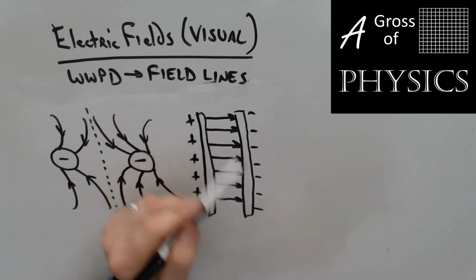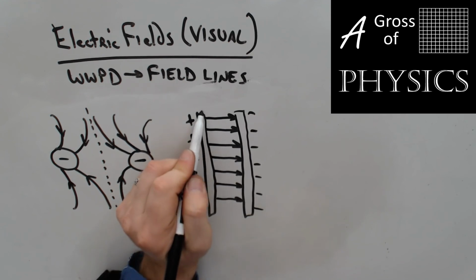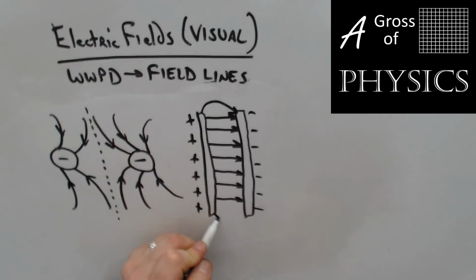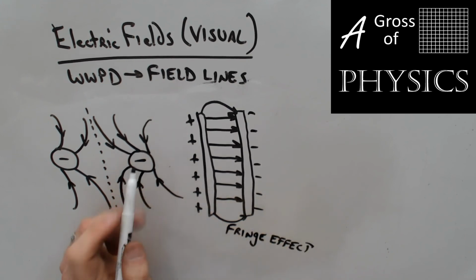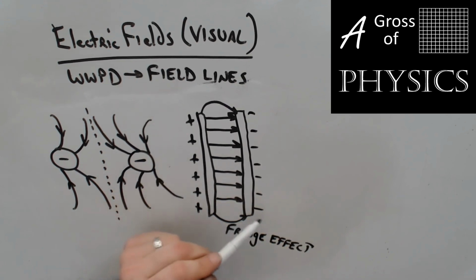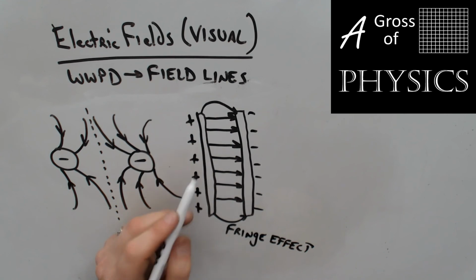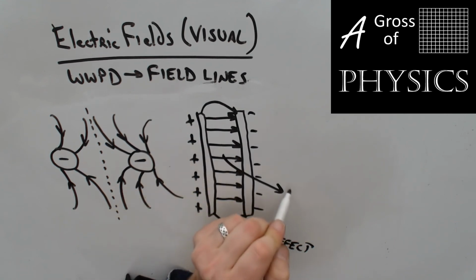So anywhere in the center, we have a uniform field. The edge, we have a little bit of curvature, and that's a fringe effect. And that works very similar to the point sources that were unlike. But anywhere in here, uniform